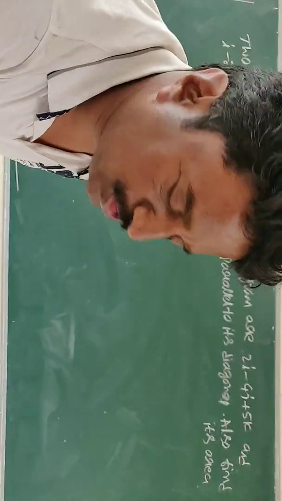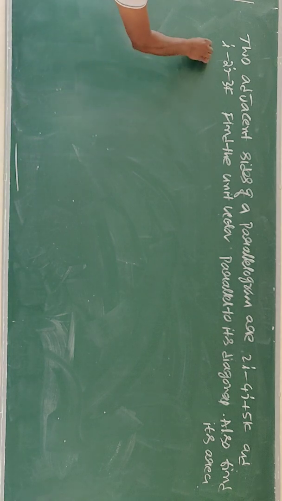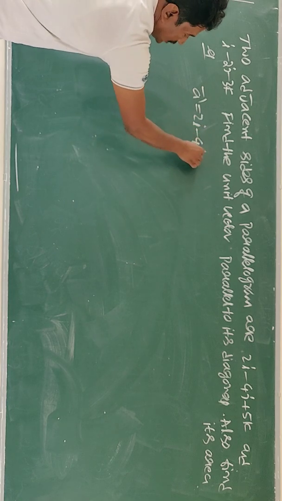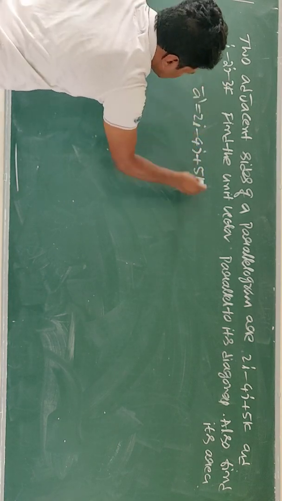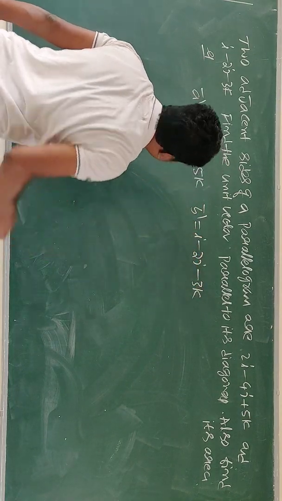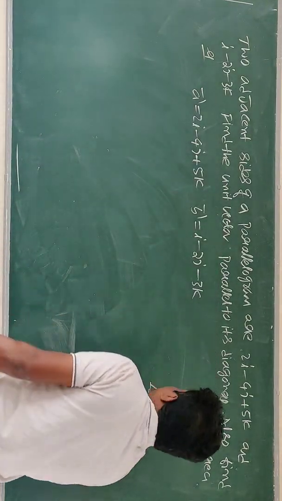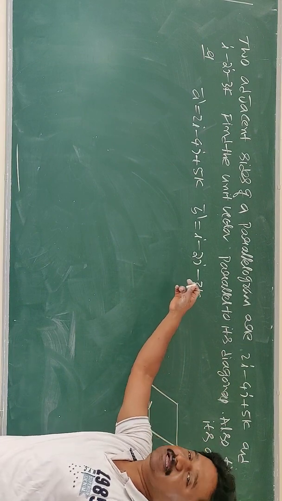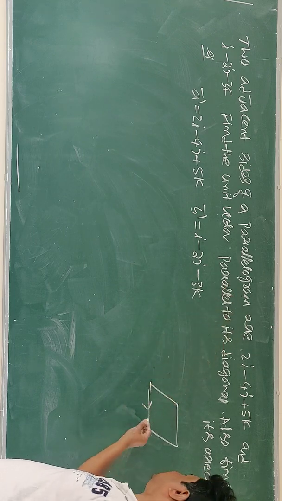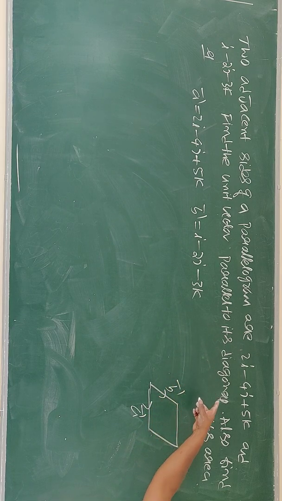It is an easy question, students. Try to understand the question first. Find the unit vector parallel to its diagonal. Solution: you name the given vector as vector A, 2i minus 4j plus 5k, and take this as vector B, i minus 2j minus 3k. Look at this, students. A figure is not required, but I will draw it. Vector A and vector B represent the adjacent sides, as given in our question. You take this as vector A and this as vector B.